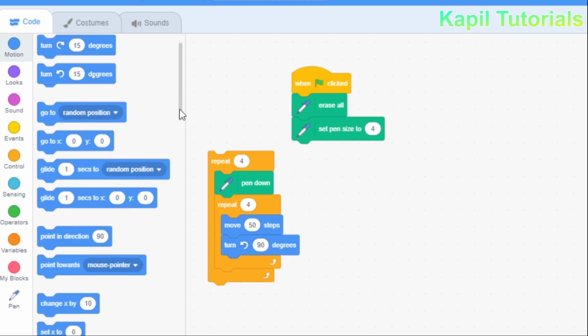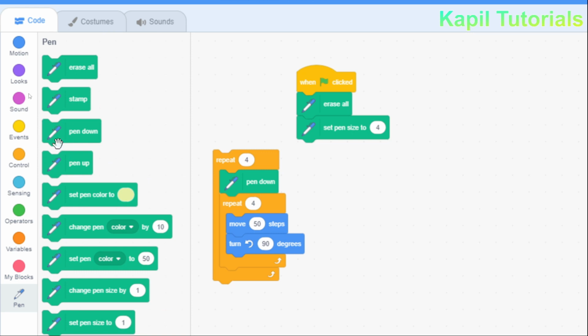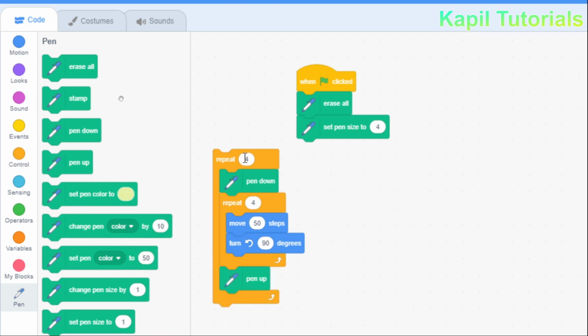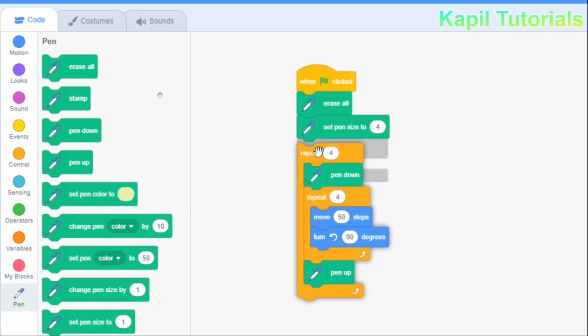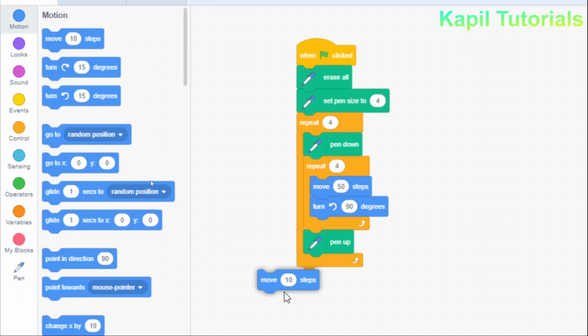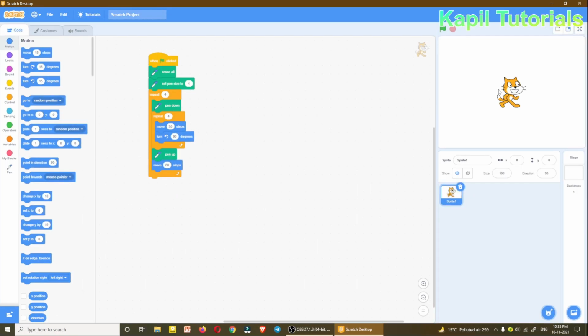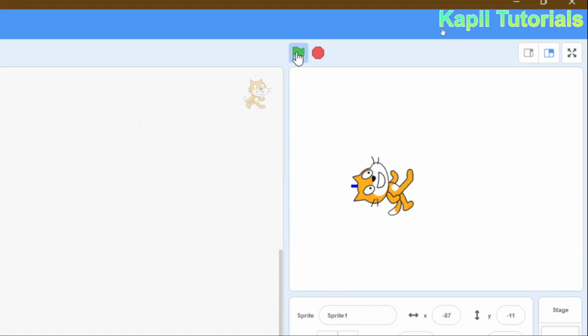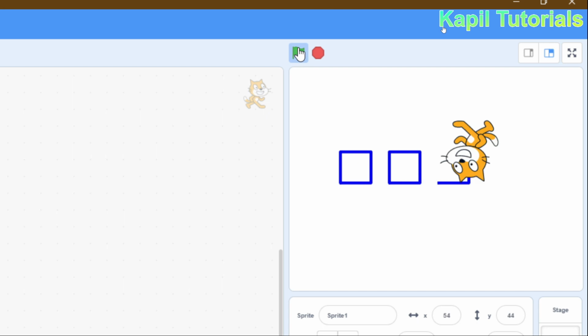And here I'll be using the pen up command, and here I'll be using the move block with steps. So if I run this, you could see here 4 squares are made, what I was wanting.